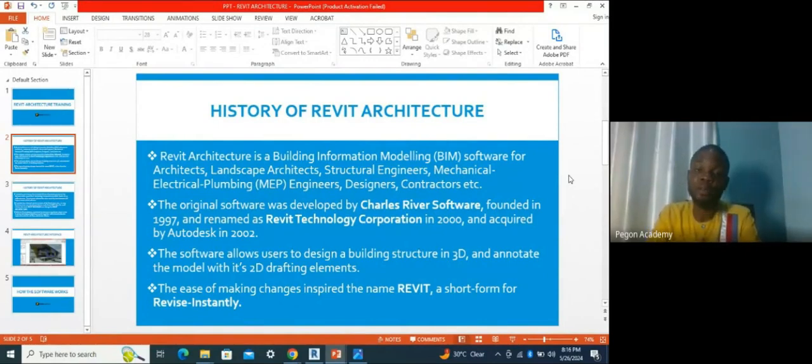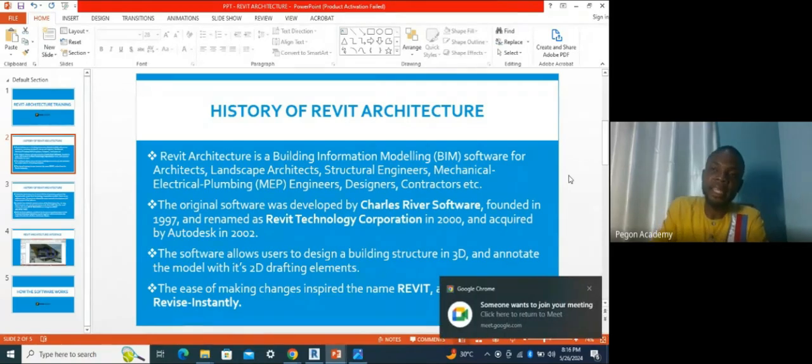Right? Autodesk is known for actually developing software continually. That's why you have AutoCAD 2015, AutoCAD 2016, AutoCAD 2017. These versions are developed by Autodesk, and new features are being added every year. The same thing with Revit and all the softwares in their portfolio. So Revit is actually unique because it caters for both 2D and 3D